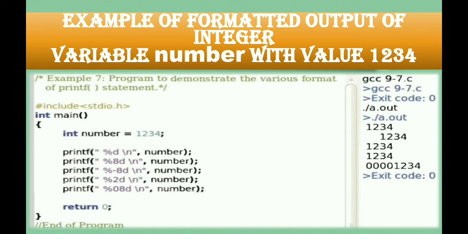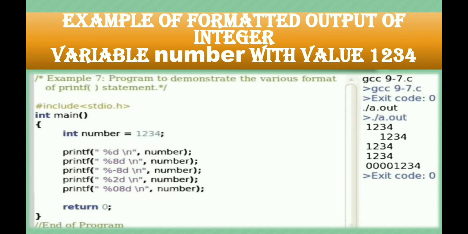Now one by one we will see the printf statements. The first printf statement has %d, the specification of our integer type, then the escape sequence \n, which prints the output on a new line, and then, after a comma, our number variable that holds the value 1234.